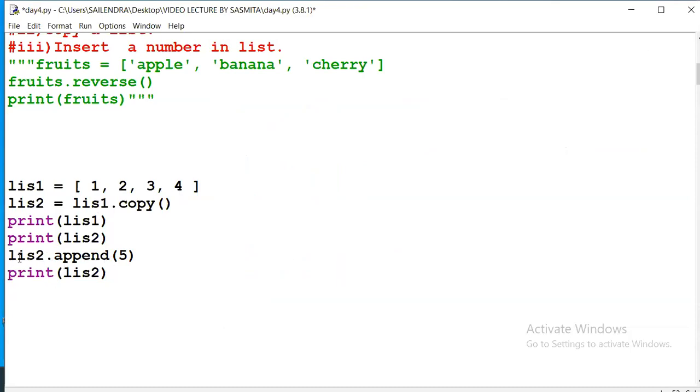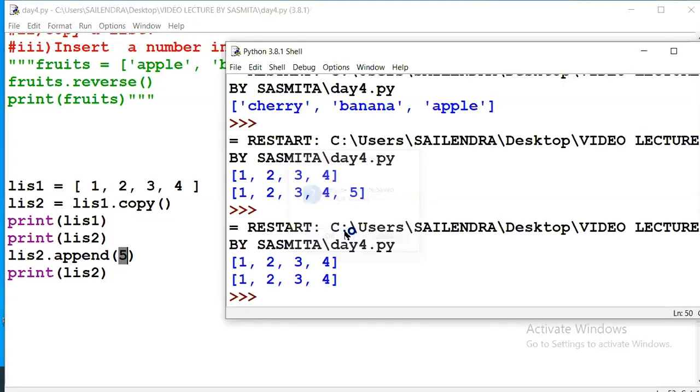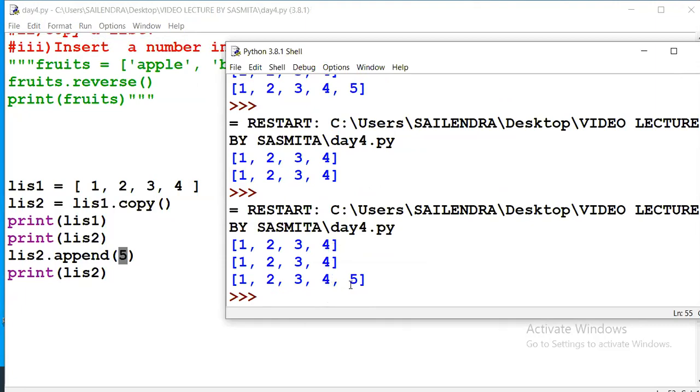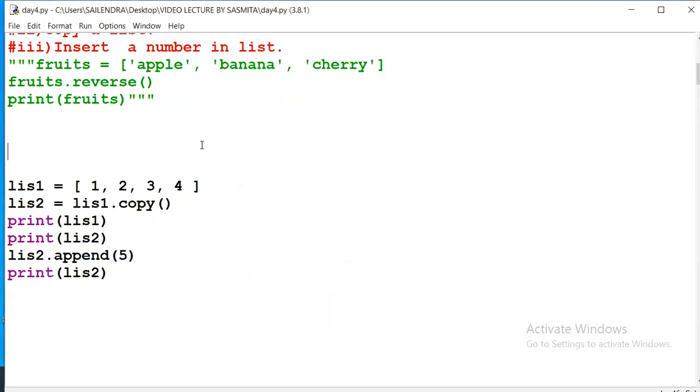So list 2 dot append of 5, and with append this number will be added at the end, after the last element. At the end of the list the value will be added. That is called append. I already explained it yesterday.